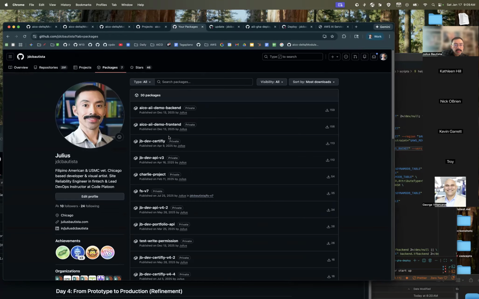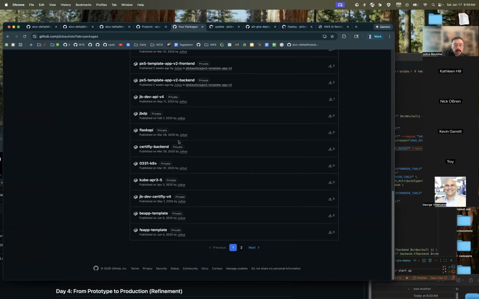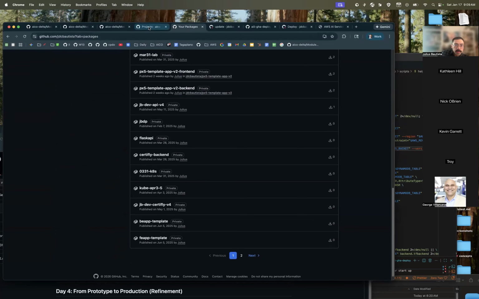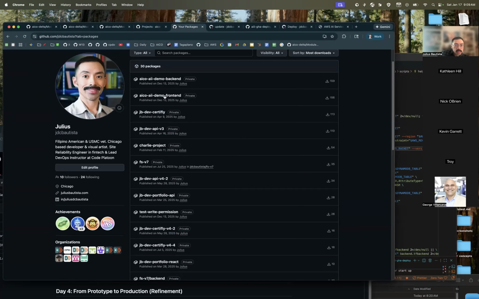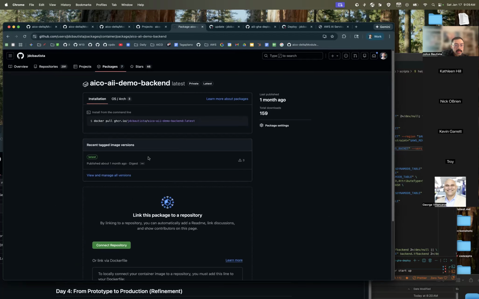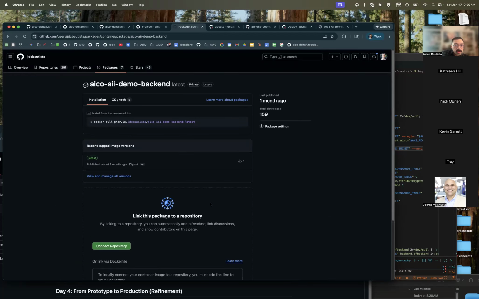Packages, they're all accessible from your GitHub. And so I don't have to go to an external location like Docker Hub to access my packages. And I could click on these to get some information or stats on the package.